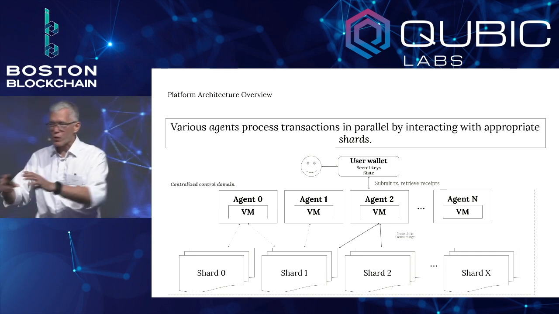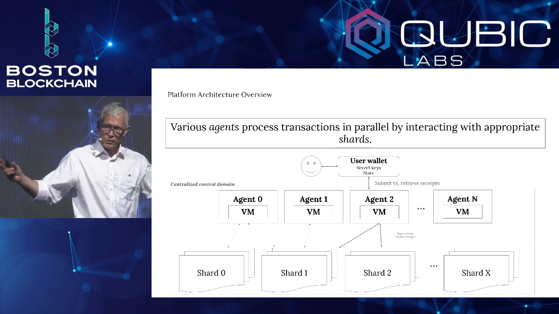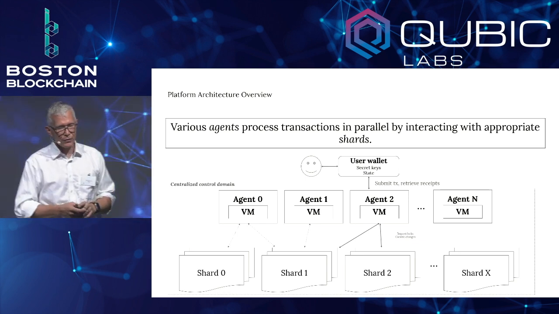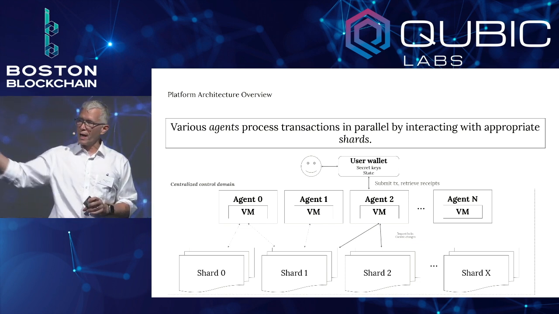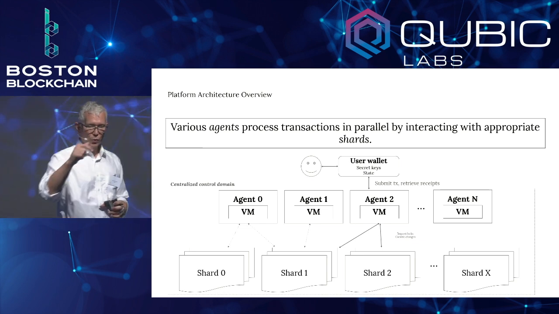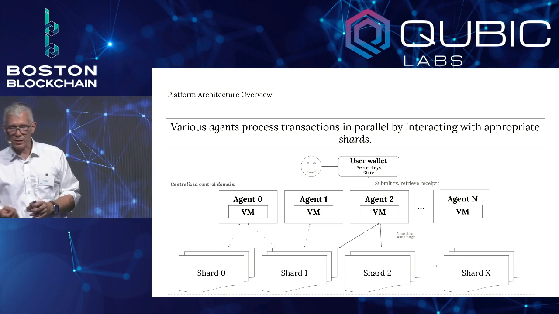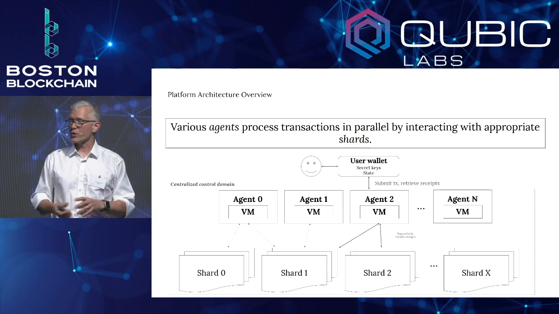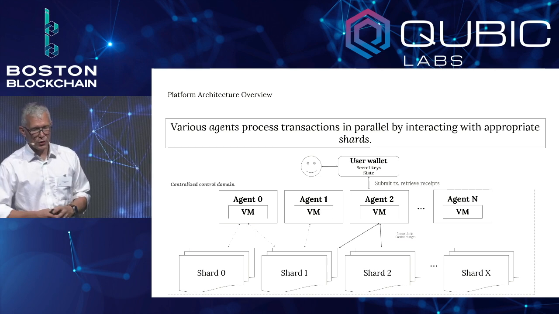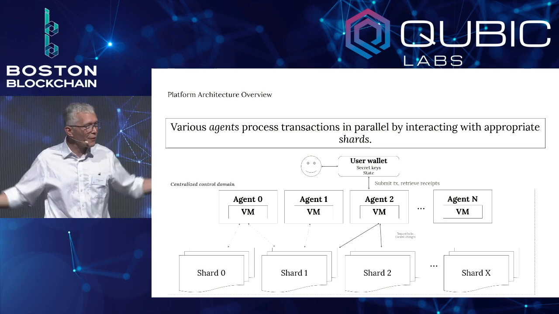Basically, we have sets of shards. All the data is broken up into shards. When I say shards, don't think blockchains. These are not blockchains. These are key value servers. And then we launch these agents, and they run the VM. They would run the EVM, for example. So your user wallet sends a transaction to one of those agents, and then the agent finds whatever shards are involved in this transaction and coordinates a two-phase commit to settle that transaction. It can do that, critically, in parallel with thousands of other agents if you want.